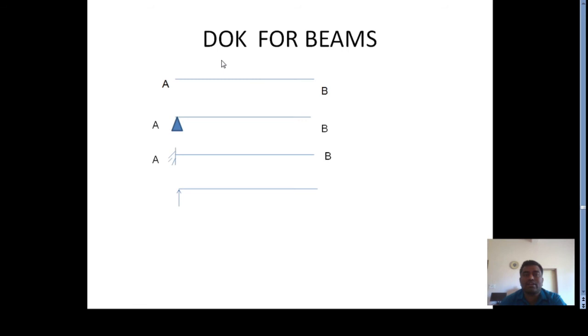Then coming to the degrees of kinematic indeterminacy for beams. In that we see this one at A, at B. Degrees of kinematic indeterminacy means that will be 6. We can move horizontally, vertically and also movement at B, M B. Similarly at this end 3, that means one horizontal, another one vertical, then movement. Therefore kinematic indeterminacy is 6 for this member AB.